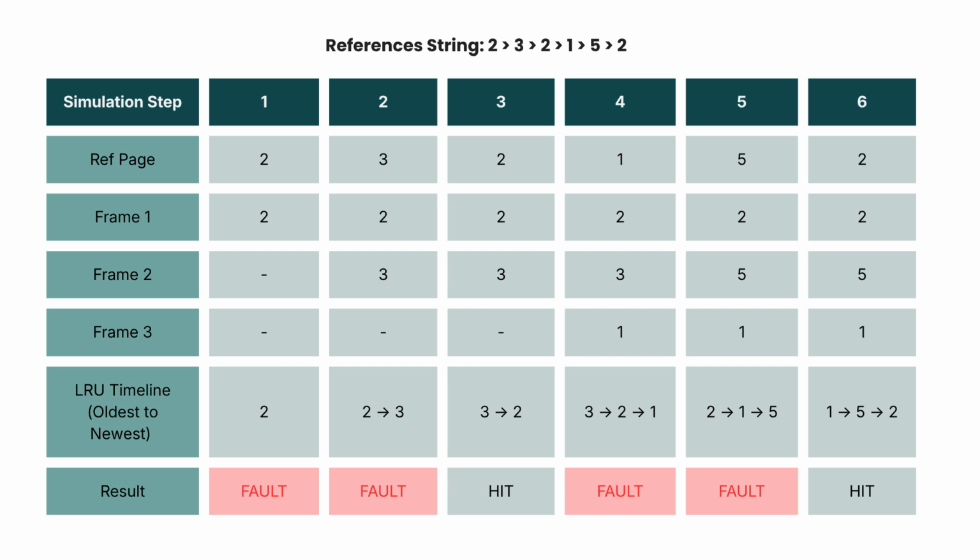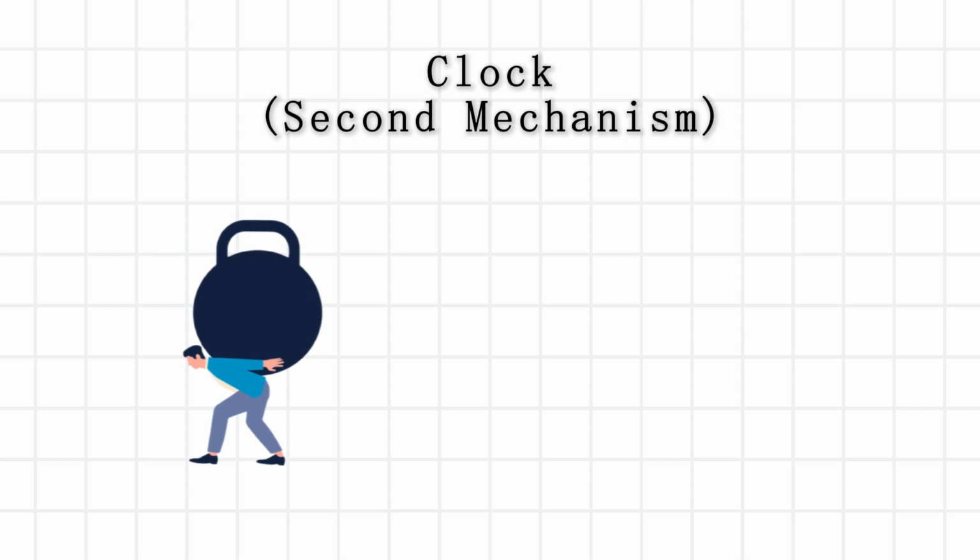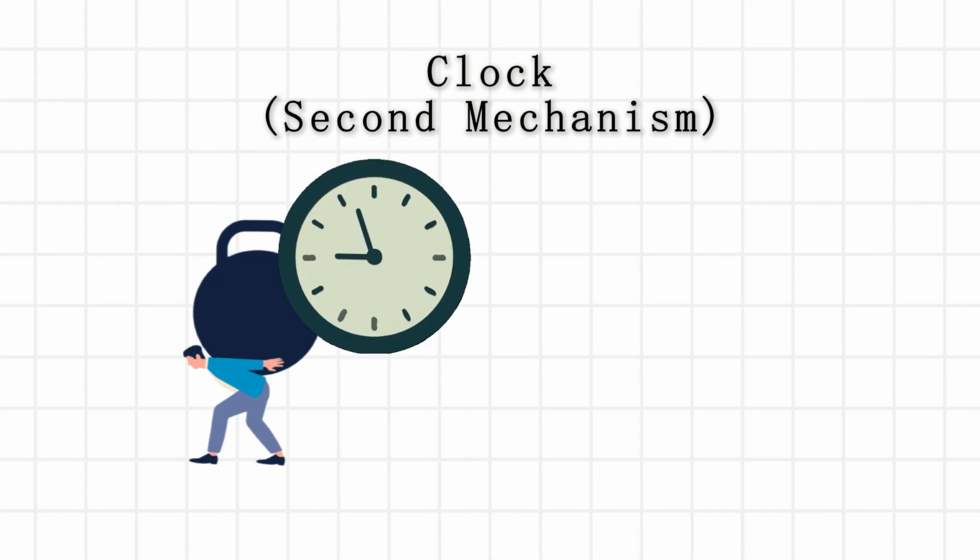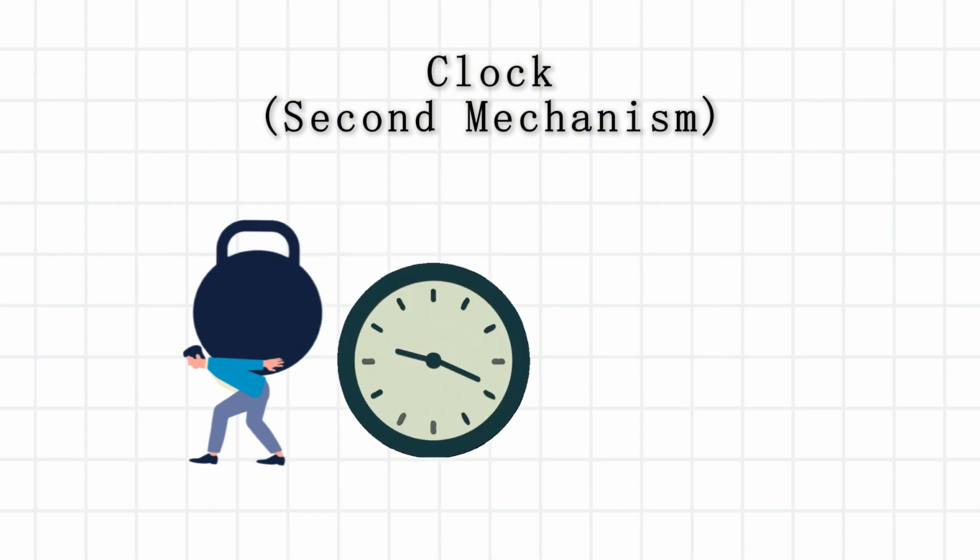While LRU is mathematically brilliant at minimizing page faults, it has a massive real-world catch. It requires a heavy hardware overhead to constantly track the exact timestamp or access order of every single page. Because pure LRU is too expensive for actual hardware, operating systems use a low-overhead approximation called the clock or second chance algorithm. It organizes memory frames into a circular buffer managed by a moving pointer called the clock hand,